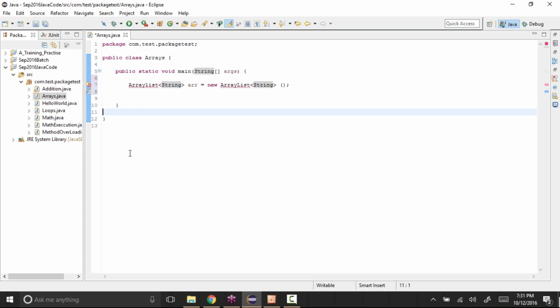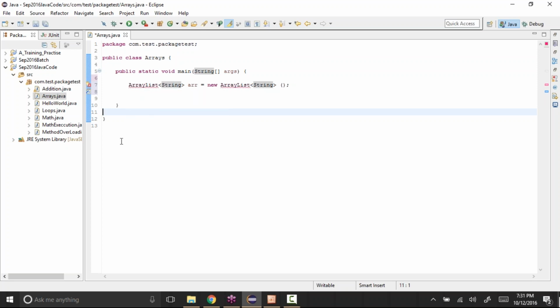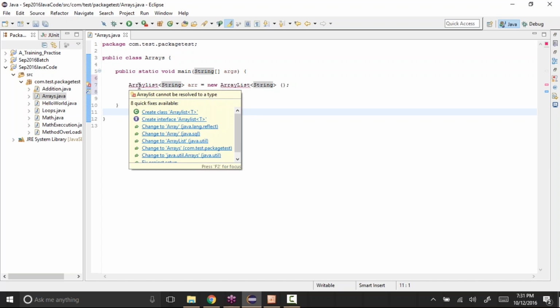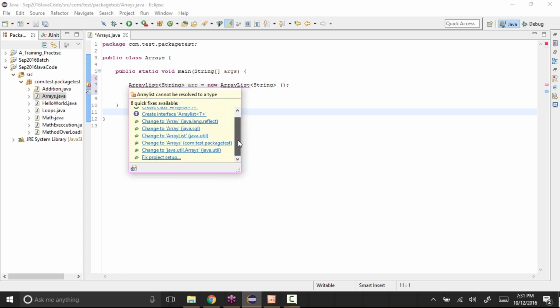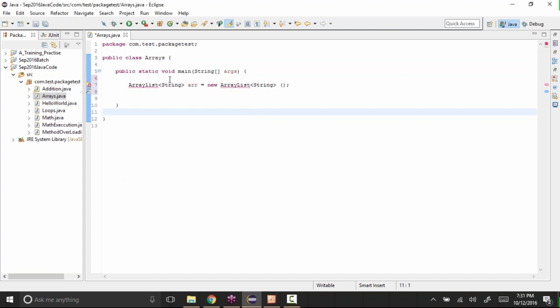If you have that imported, then only our code can understand what it is. So now it's not able to understand what that ArrayList is. What we need to do is highlight that ArrayList, and you will get the import option. Let me do that.